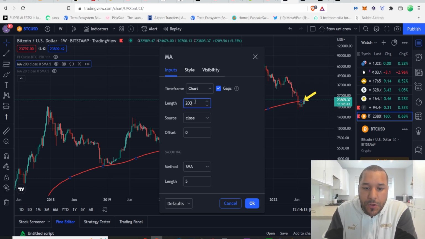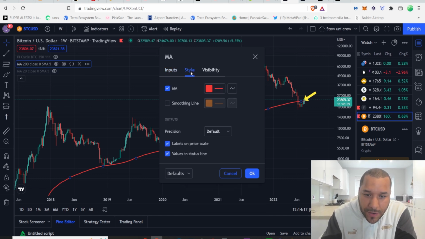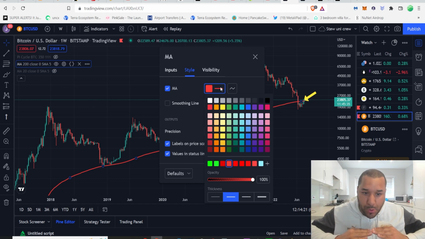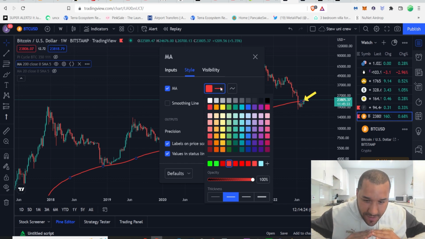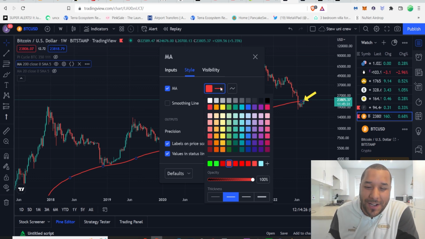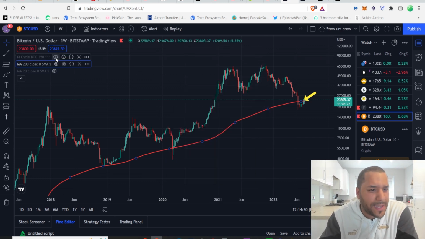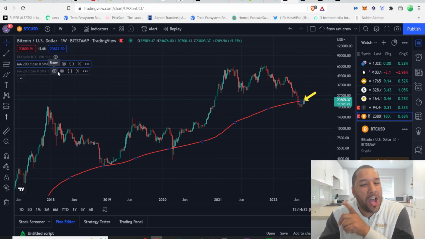So over here, you would change your length to 200. You can choose which kind of style of color that you like. I always put it red because at the bottom, that's like, this is our support. You break this, it's red, we're in danger. Okay. You can choose whichever color you like. And yeah, once I've got that,